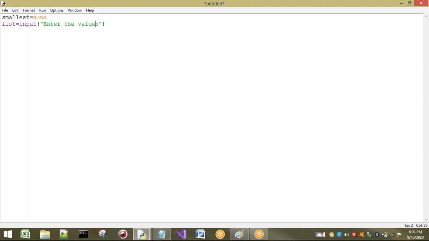Now I want to convert this group of values into a list. By using which function can I convert it? Eval. So for this I am going to write the eval function. Now the list of elements has been taken into a variable called list.